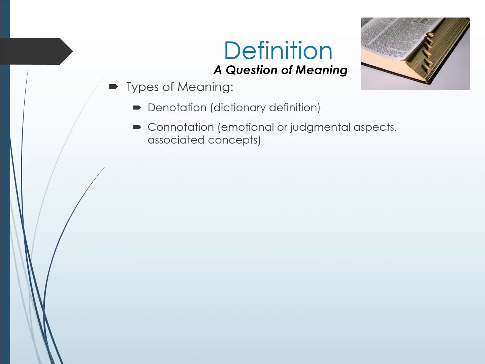The difference between someone who is refined and someone who is snobby can be more a matter of perception than any actual difference. Man's best friend versus a cur or a mutt versus a hound all have very different connotations, even though they are all words for dogs. Definition has several different uses. Of course, the most obvious is that you can use definition to clarify. If you're using a vague, conceptual word like justice or freedom, a definition can clarify what you mean,